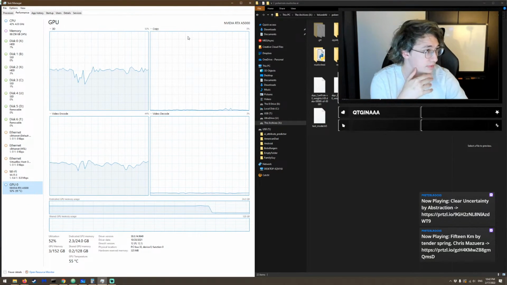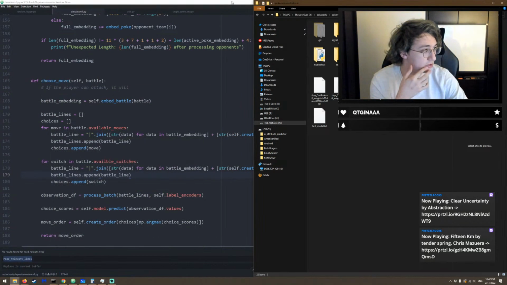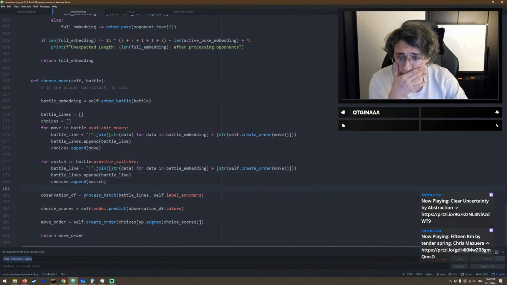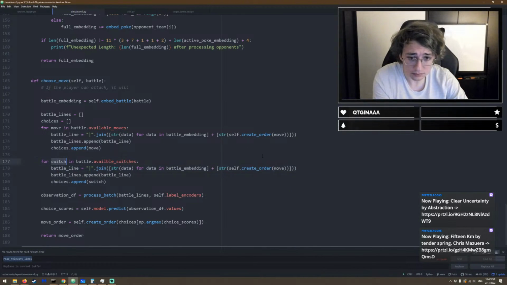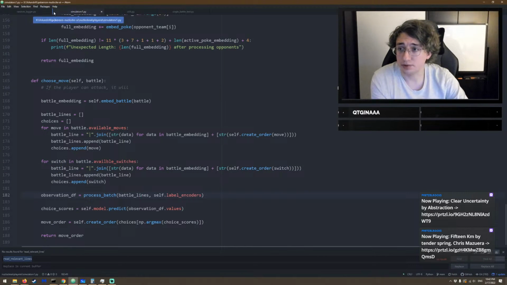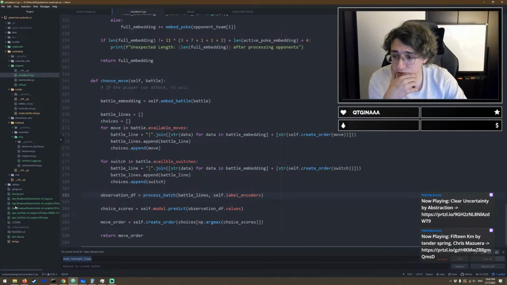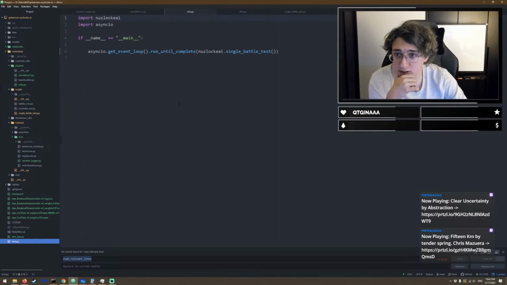Now at least that GPU memory is freed up. So if that was causing part of the problem, it's fixed now. And let's write test code. So if we go to test.py,